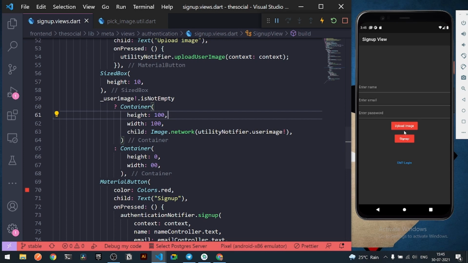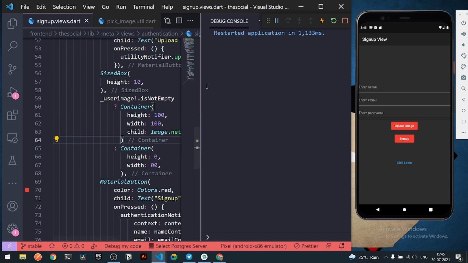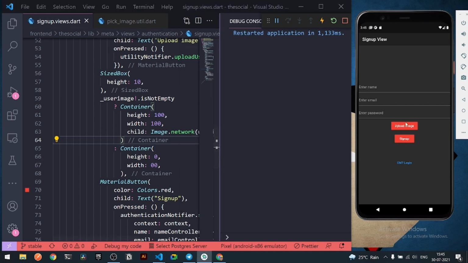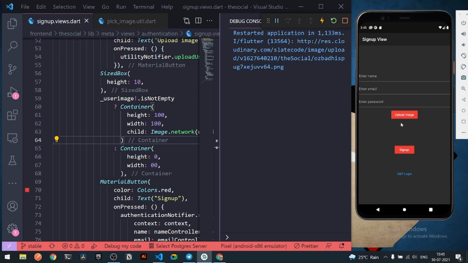Okay, so now you can see the value is null because we haven't selected any image. Right, so let's upload a new image. So here let's select our upload image. Let's upload this face. Let's wait for it. Right, so now you can see we are getting the following image here, and suppose the user selects this image, he will be seeing the following output of it.